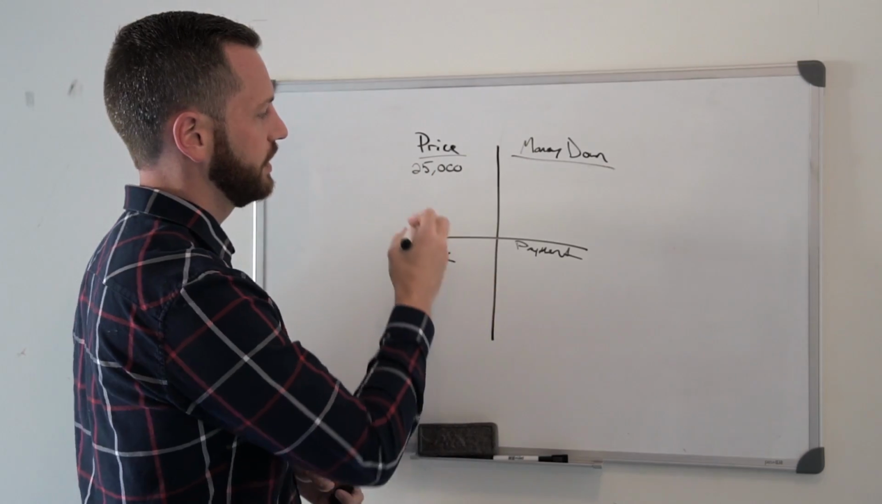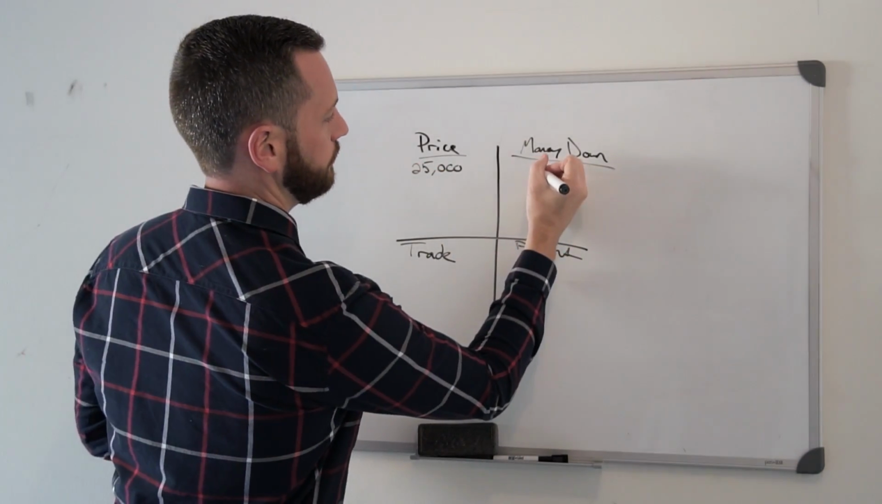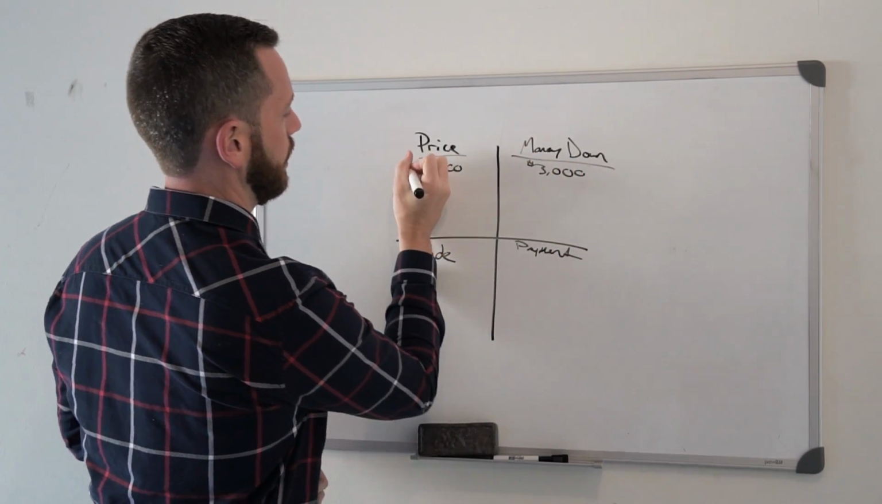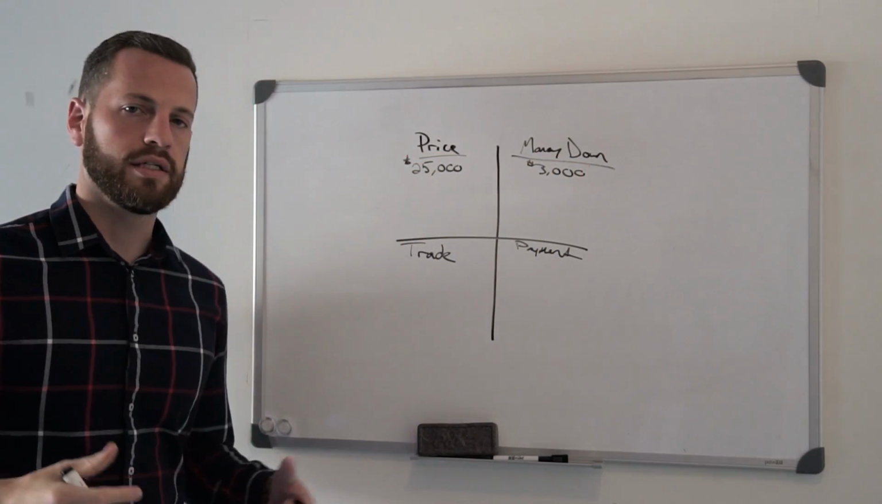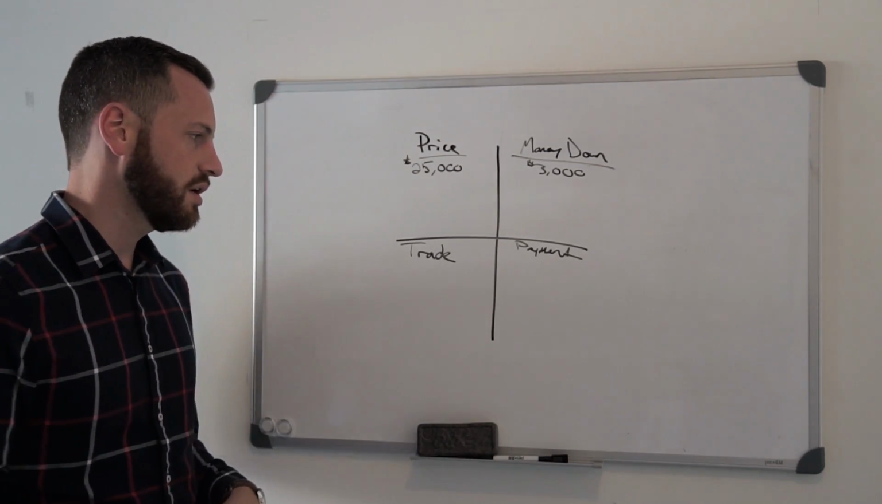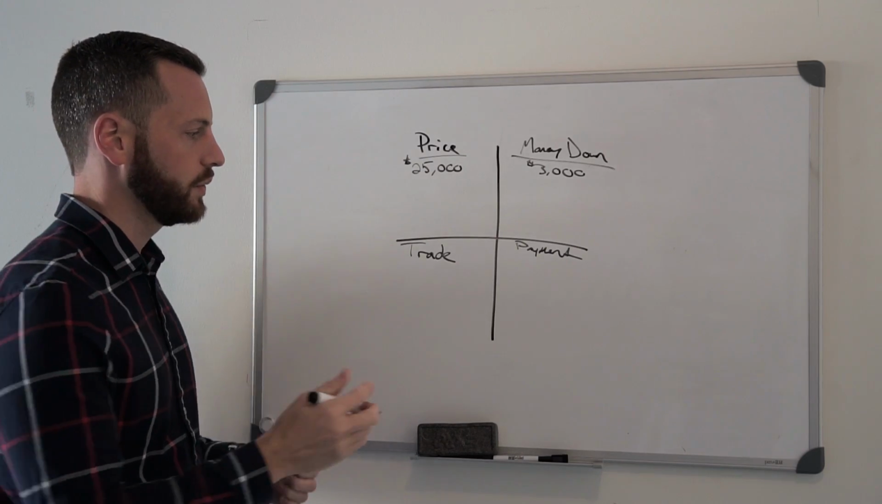Your money down, they say, hey, the car is $25,000 and you need to put $3,000 down, okay? And you have a trade-in. Let's just say your trade-in is an older 2010, 2012 model car. It's got a ton of miles. It's ready to be retired and done. It's only worth about